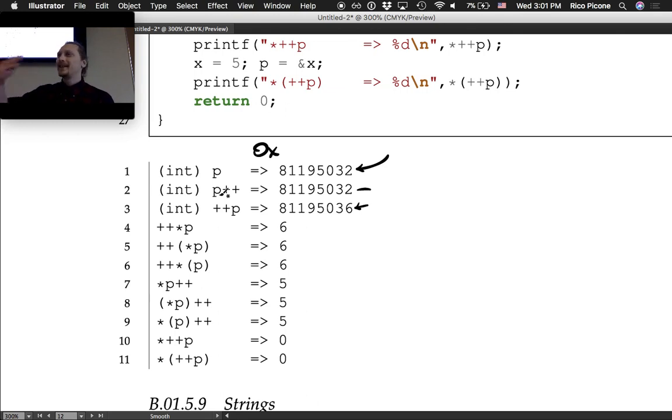So it had to add 4 to get to the next one. That was kind of fun. I'm pretty sure on our machine, I wrote 2, but I think I might have been wrong about 2 bytes representing an int. Okay, so